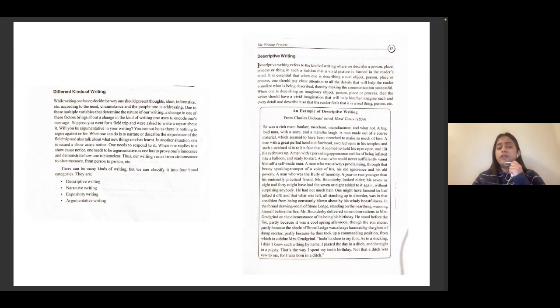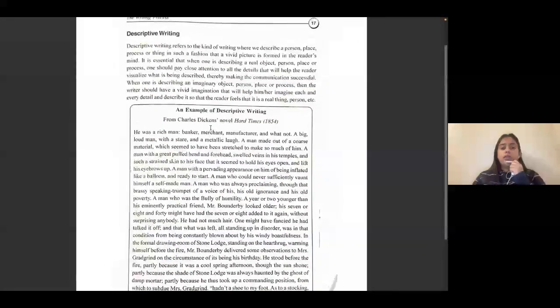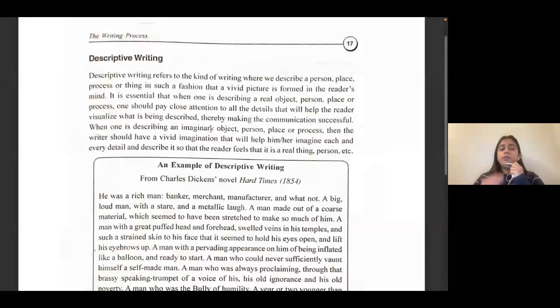डिस्क्रिप्टिव राइटिंग रेफर्स टू अ काइंड ऑफ राइटिंग वेयर वी आर सिंपली डिस्क्राइबिंग अ पर्सन, अ प्लेस, अ प्रोसेस और अ थिंग. So what is descriptive writing? Descriptive writing refers to a kind of writing where we are simply describing. तो हम क्या कर रहे हैं? किसी चीज के बारे में बता रहे हैं।